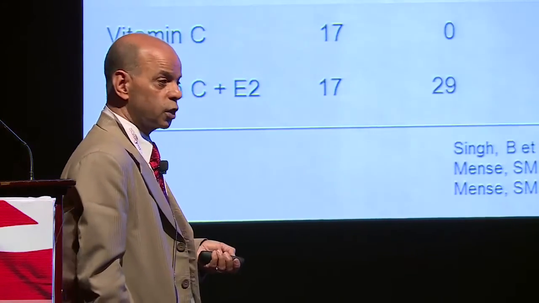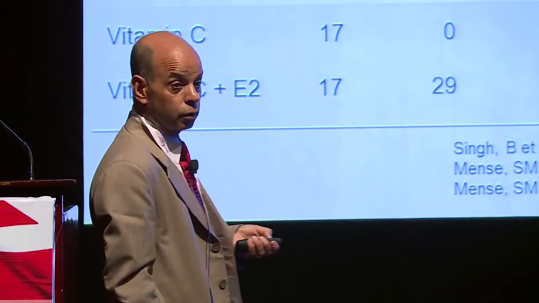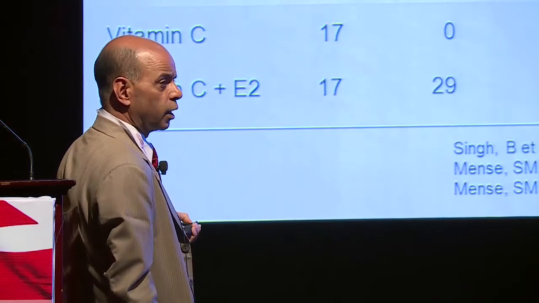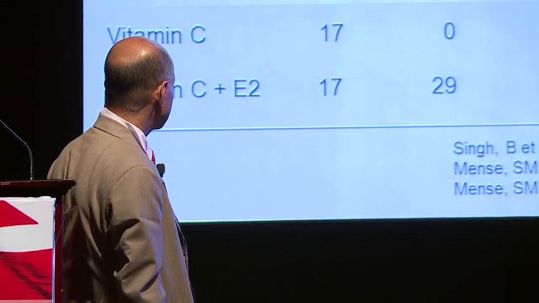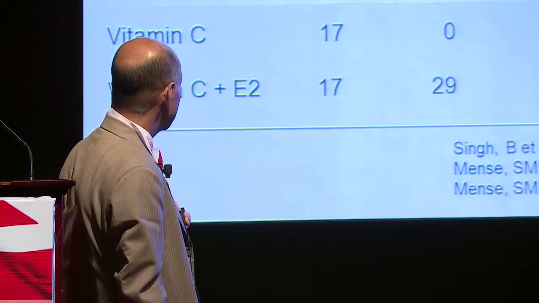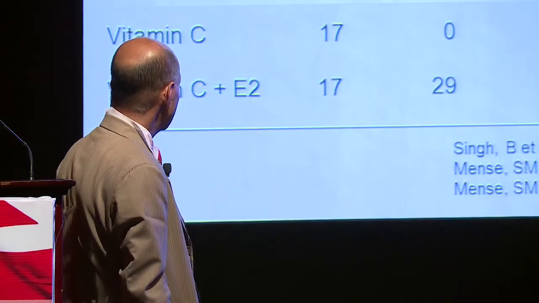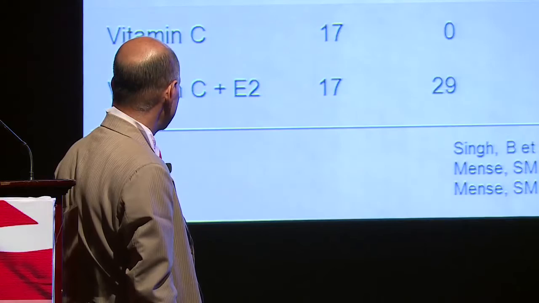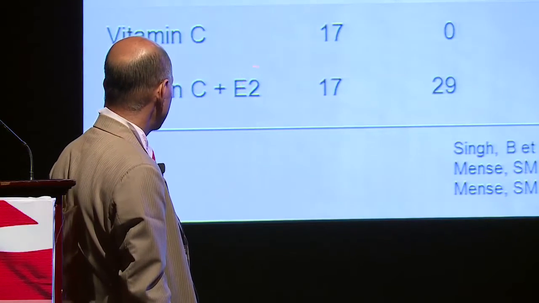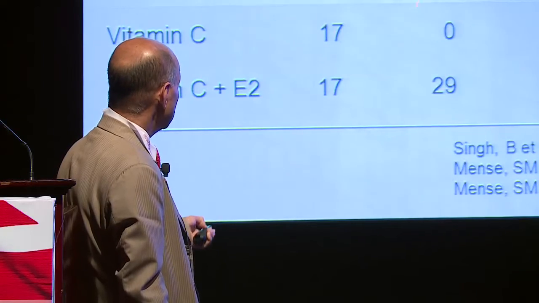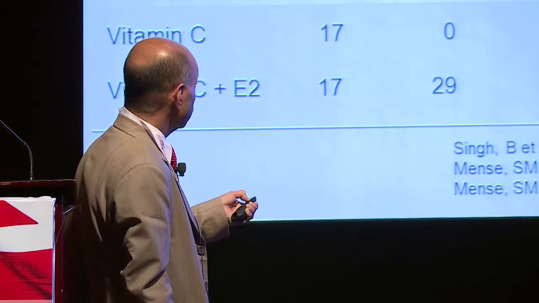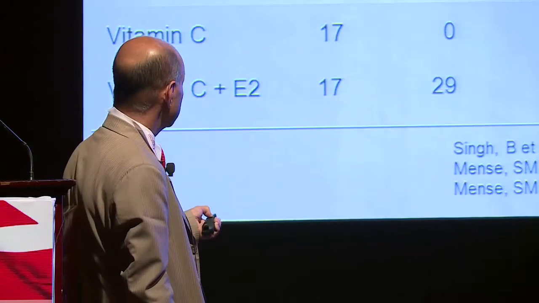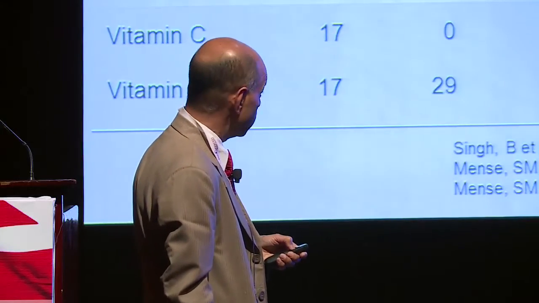So if oxidative stress plays an essential role, then antioxidants should inhibit estrogen-induced breast cancer. So we used two prototypic antioxidants, vitamin C and BHA. BHA stands for butylated hydroxyanisole. Whereas 17-beta-estradiol produced 82% tumor incidence, the tumor incidence decreased to about 24% when treated with estrogen in combination with BHA, and to 29% when you co-treated the animals with estrogen and vitamin C. Not only did the tumor incidence decrease, but the tumor multiplicity also decreased, and the latency of tumor development increased from 128 days in the case of estrogen to 183 days in the case of vitamin C.